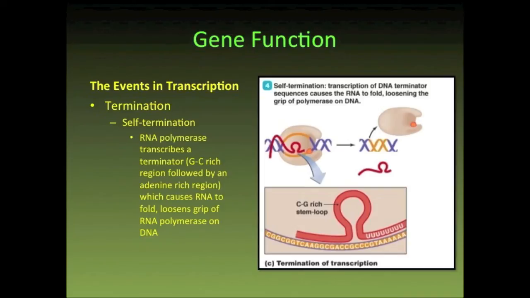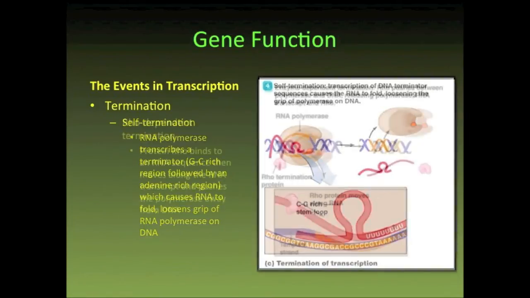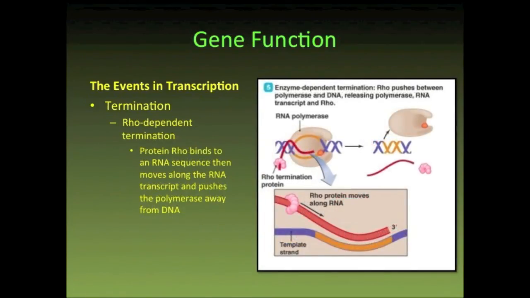The RNA polymerase is slowed down enough that it allows the transcript enough time to start to form hydrogen bonds between its own symmetrical sequences, causing the formation of a hairpin loop. As the RNA polymerase begins to synthesize the adenine-rich region, the hairpin loop creates tension between RNA polymerase and DNA, causing them to separate. The other mechanism employed by bacteria to terminate transcription makes use of a protein known as